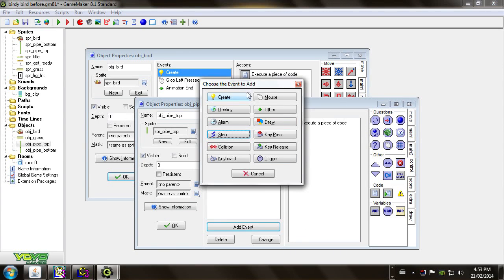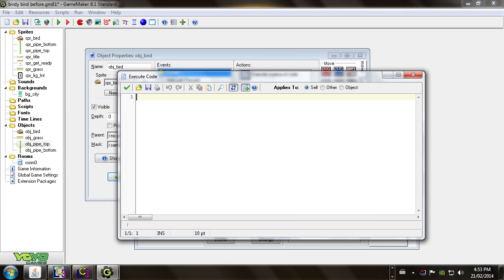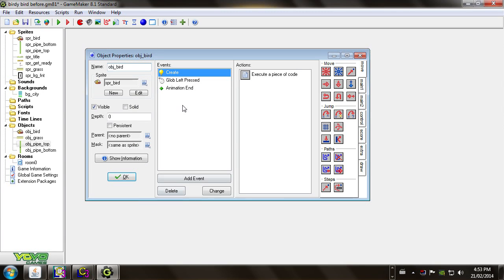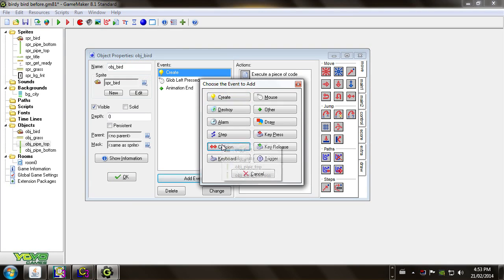And we also want to say create, h speed equals -6. And the bottom pipe will do the exact same thing because it's parented to this pipe. So that's all good. And now what we want to do is for our bird, we want to say collision